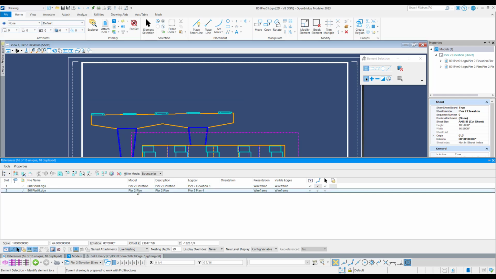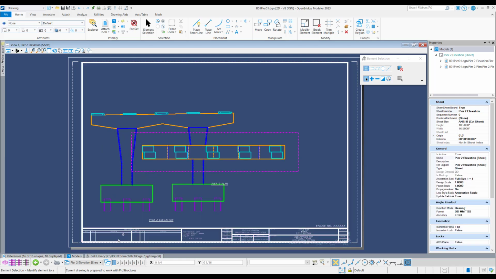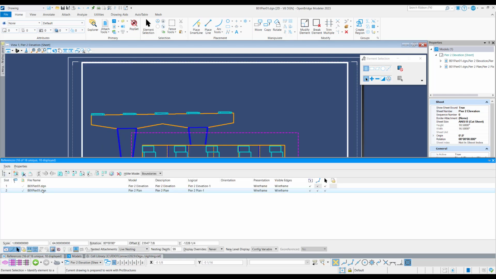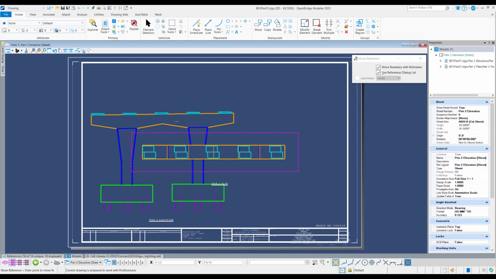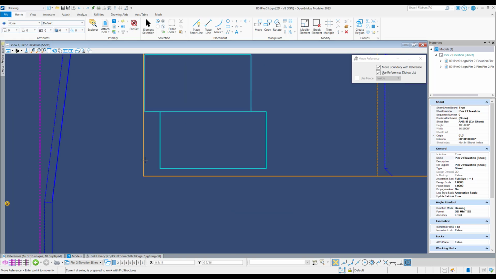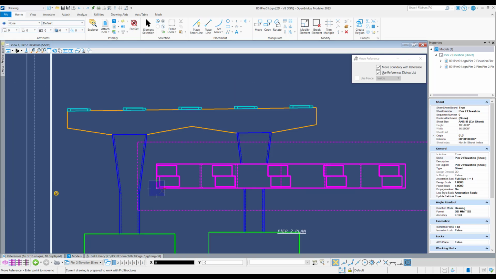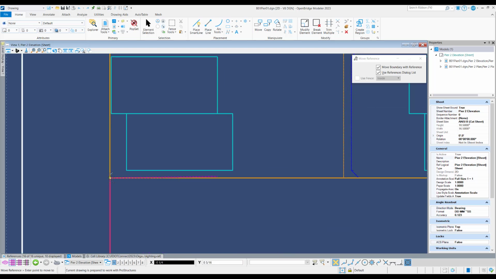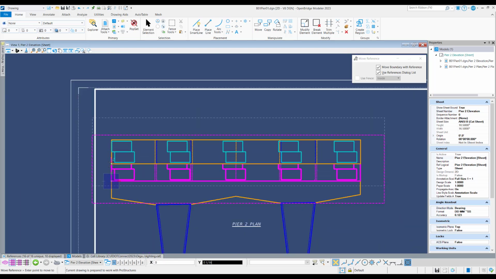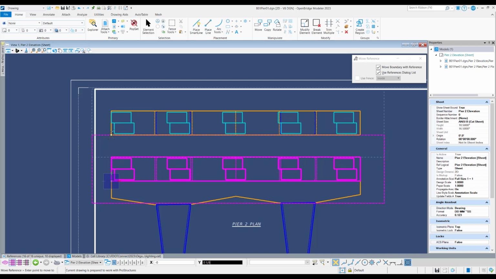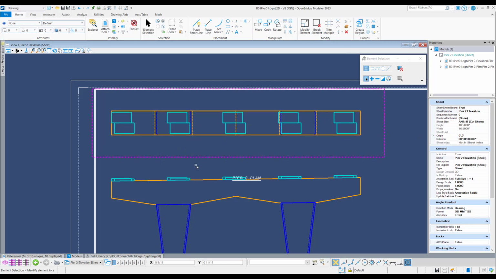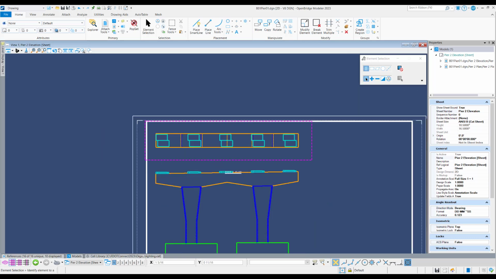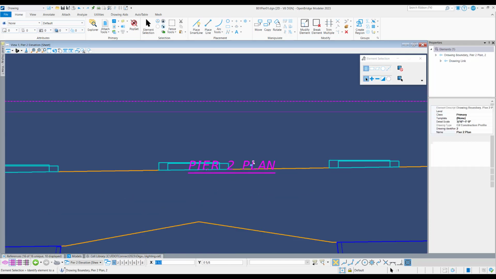We'll go ahead and move our Pier 2 plan to be in line with our Pier 2 elevation. So within the references, we'll select the Pier 2 plan, we'll select Move, and then we'll go ahead and line up the corner of the plan. So we'll select the corner here with our snap, and we will snap to the corner in the elevation view, and then we'll just go directly up from there. All right, that looks good positionally,